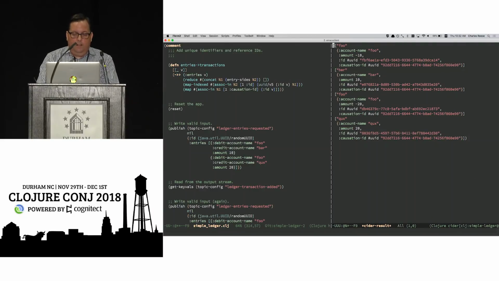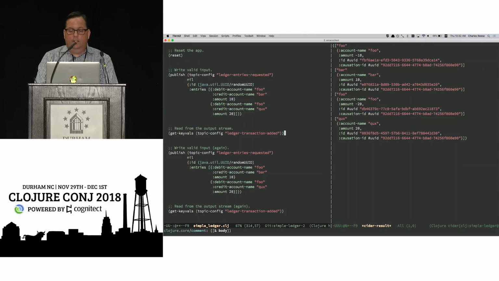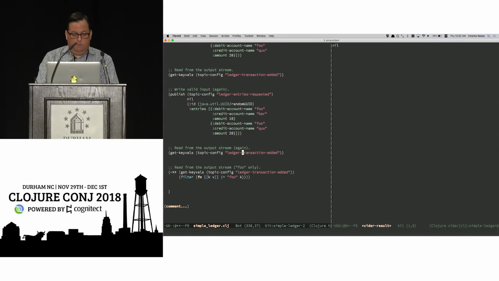And now you can see we've added a causation ID. And the causation ID is the same for all of these records. The IDs are all unique. And if we add an additional 4 records,